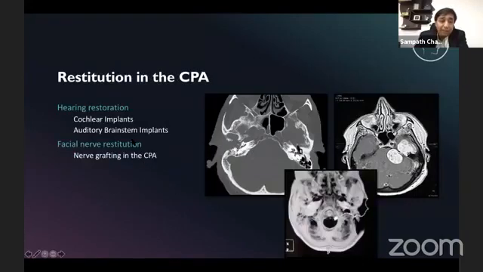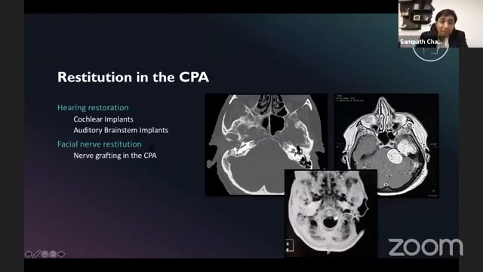That apart, the cochlear implants, auditory brainstem implants, and the hearing restoration procedures associated with tumors of the CP angle also have to be dealt with simultaneously while doing some of these approaches. For instance, you can do a cochlear implant along with the translabyrinthine approach. You can do an auditory brainstem implant along with the translabyrinthine approach.